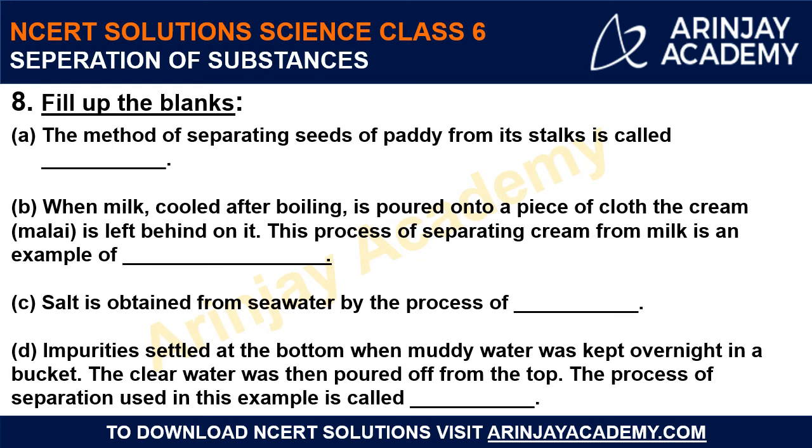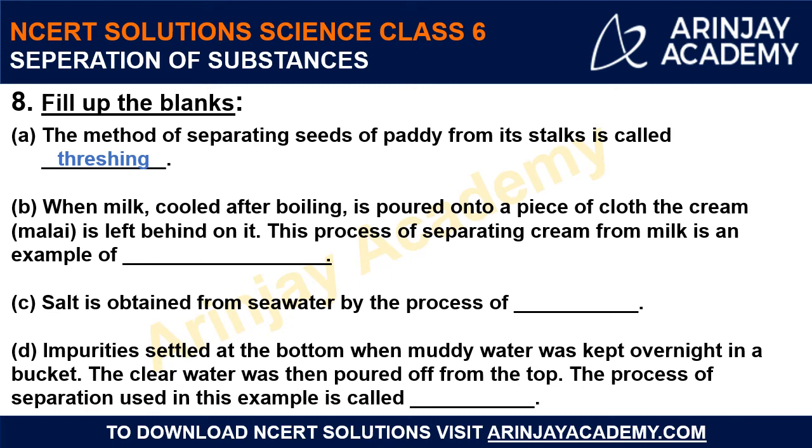So if there is confusion, so I'll tell you. पैडी क्या है बच्चों? Paddy are the rice crops. So यहाँ पर rice seeds की बात करी हुई है, that how can we separate rice seeds from the stalks, and you can call the stems. So हम paddy seeds को paddy plant के stem से separate करना चाह रहे हैं. So what is this method? This method is called threshing. So threshing is a process of separating the rice seeds or the seeds of the paddy by splashing it on a floor so that it can easily loosen and we can get it separated from the chaff. This process can be done manually as well as by machinery.